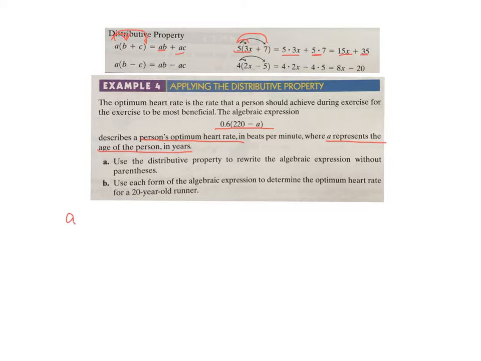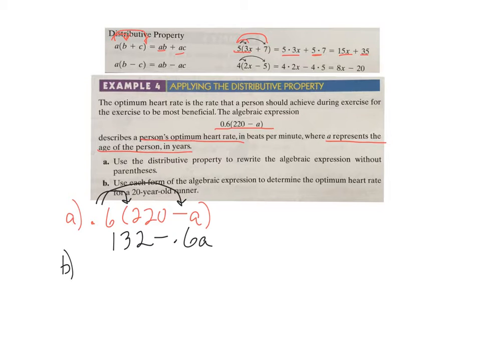So for A part, we're just going to take 6/10 times 220 minus a, and we're just going to distribute here. So 0.6 times 220, and you're just going to put that in your calculator, and you're going to get 132. And then distribute 0.6 times -a, which is -0.6a. That's all you're doing in A part. B part says